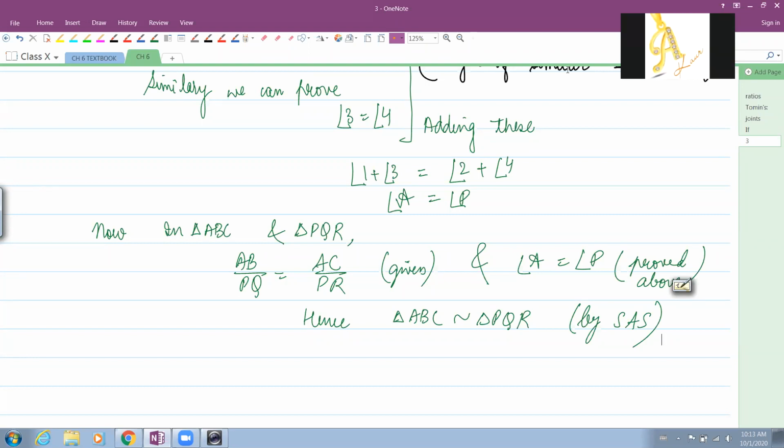Yes, ma'am. Ma'am, after that, if we take triangles ADC and PMR, then AD upon PM equals AC upon PR, and this was given, and angle 1 equals angle 2, which was proved above. So triangles ADC and PMR are similar by SAS. From that we can conclude AD over PM equals AC over PR, which gives BC over MR, which equals half RC over half QR. So AC over PR equals BC over QR, and therefore the full ratio comes: AB over PQ equals AC over PR equals BC over QR. So by SSS, triangles ABC and PQR are proved similar. That way also it can be done.